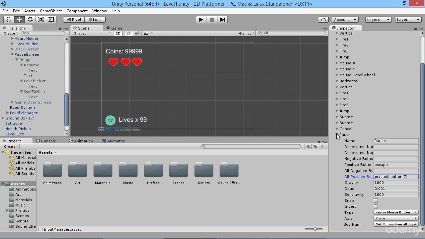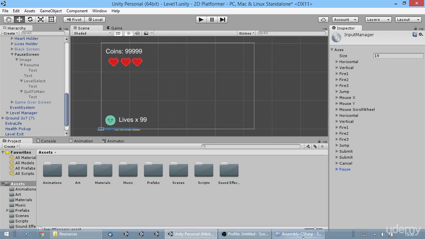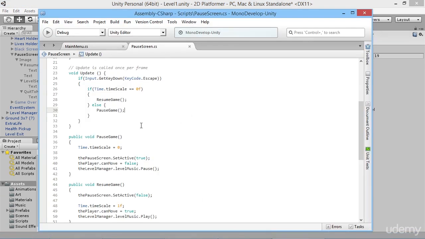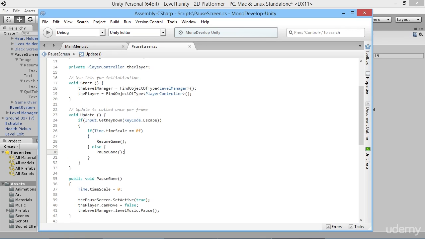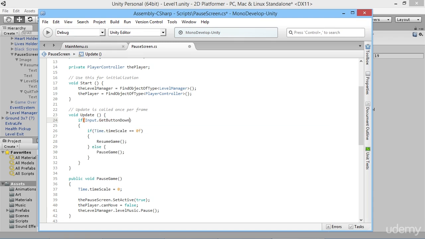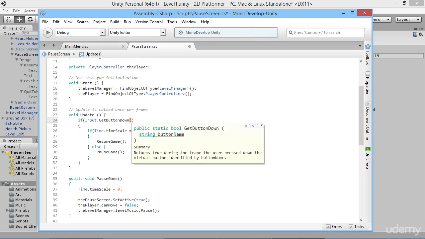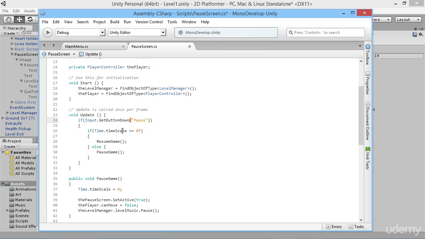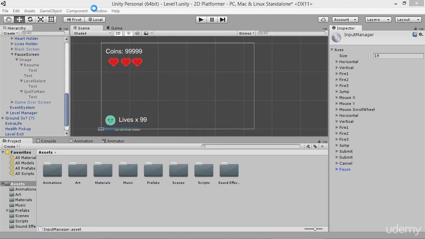So let's just recollapse that, and then we can go back to our pause screen script, and instead of having Input.GetKeyDown and then specifically talking about the escape key, we can go back and delete all that, back to Input, and we can say Input.GetButtonDown, and then the button that we want to use is the one we just created, which is our pause, like that. Then we close that bracket,